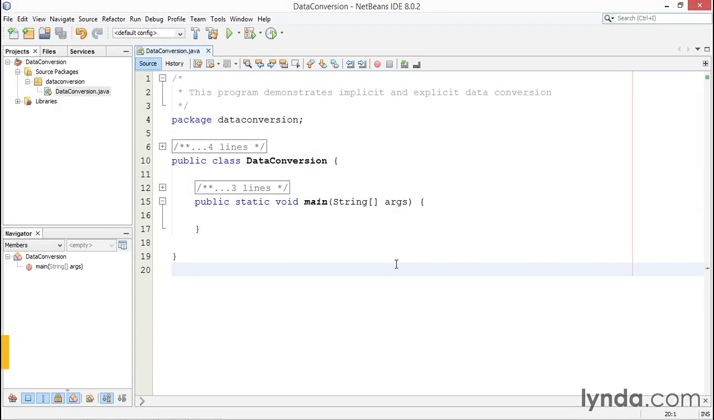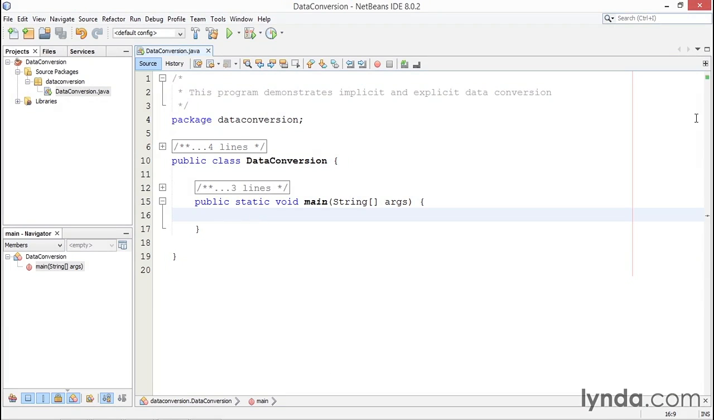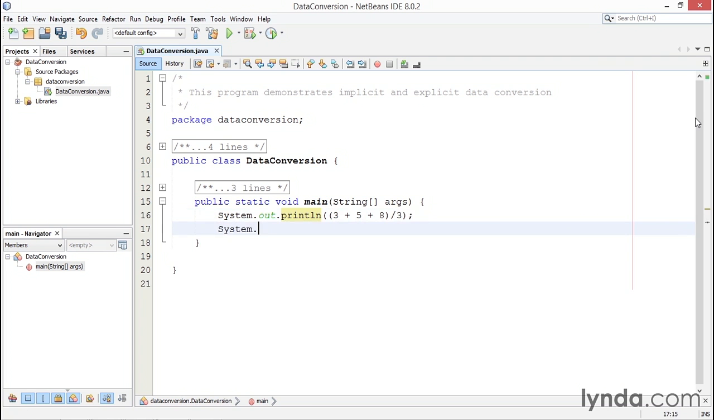I already created a data conversion project folder, and in the dataconversion.java program, I'm going to go ahead and show you what would happen when we do the examples from the PowerPoint. So let's add system.out.println, and let's go ahead and print out the result of adding 3 plus 5 plus 8 and dividing that by 3. Put a semicolon at the end of our statement, and right below that, let's show the difference if we did the exact same equation,